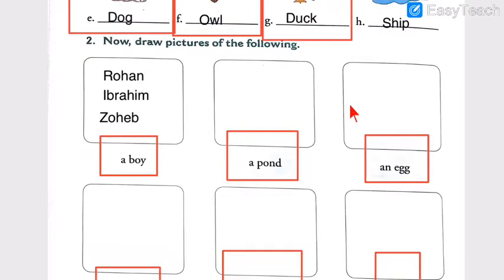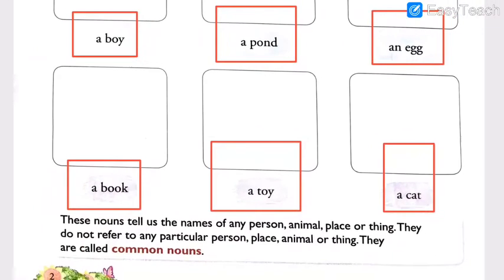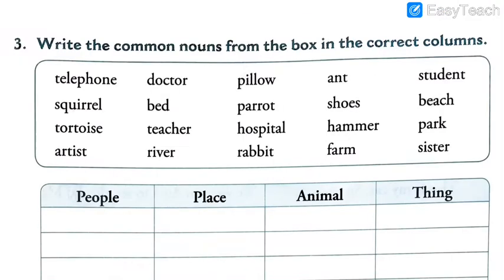Similarly, it is well said for all the things. Book, it can be the English book, it can be the social book, it can be the grammar book. A book is not a particular name. It is used for all the books. That is why a book is also a common noun. Now I hope you have got an idea and you have revised the topic of common noun. Let us change the page.